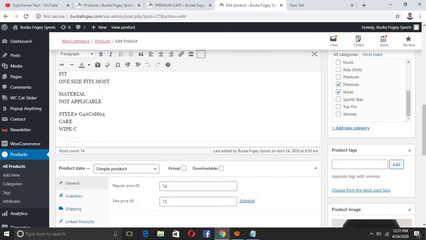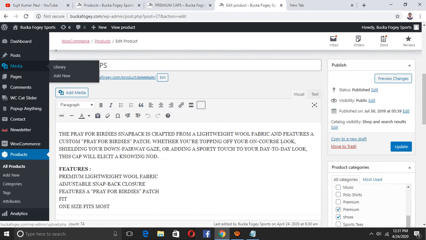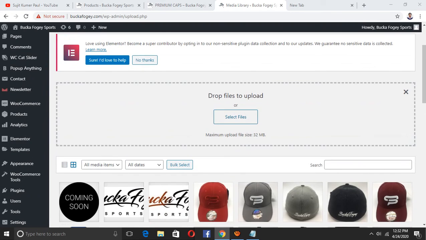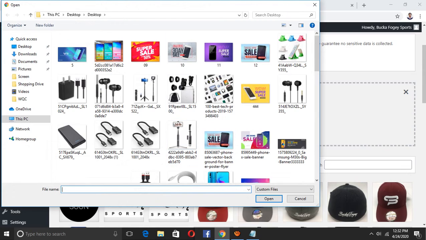So description, and if you want to store a sample picture here, you click media. And if you want to put a sample picture here, you can upload. Then you can edit here. Here you can upload. Okay.